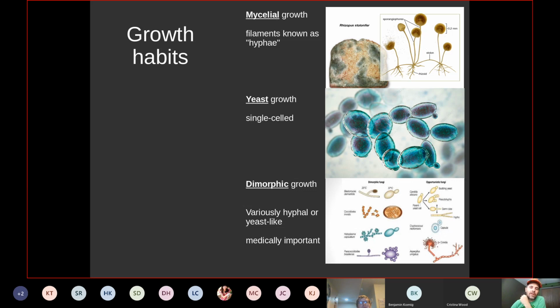Then you've got the yeast growth, and that's single-celled, right? So it's just little blobs. That's what baker's yeast looks like, and you can see it kind of budding off here, right? Then you've got dimorphic growth, which means they just do both the mycelial and the yeast growth form, okay? Most of our medically important fungi are this dimorphic growth form, where they like to spend their lives in this single-celled state, but given the right environmental cues, they'll move to a hyphal mycelial growth form and kind of start eating your flesh or your fingernails or whatever. Okay. So,